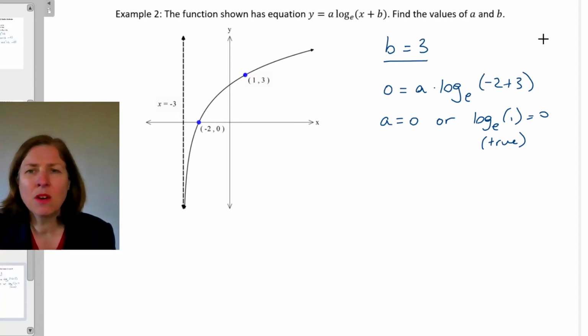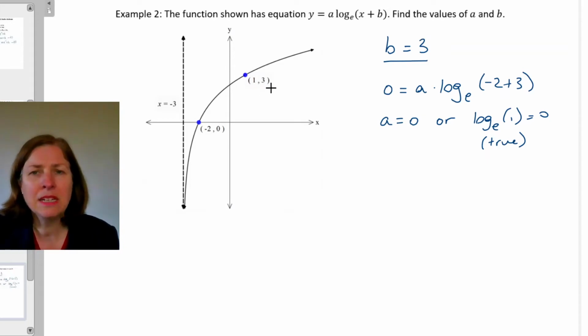So the reason that was so useless is because this negative 2, 0 is also located simply because of the horizontal translation. So I've used that translation twice now, and it's not going to give me any further information. I need to look at my next point,